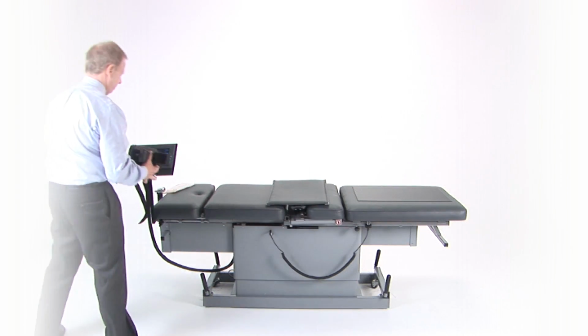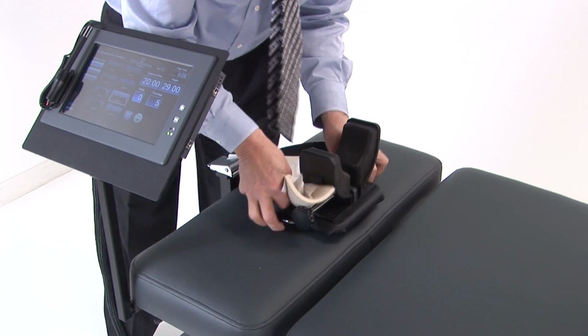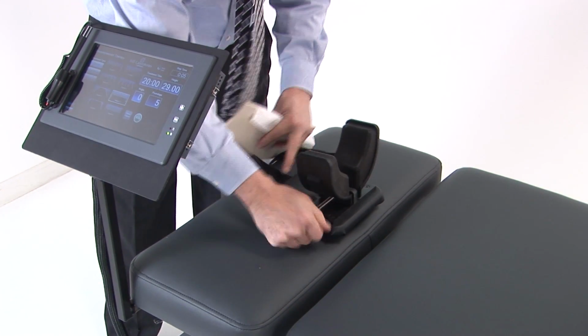Setting up a cervical treatment is also designed to be fast and easy. Place the provided pad over the middle section of the table to cover and cushion the gap. Insert the cervical device into the table and turn the adjustment knob to open the distance between the cervical pads